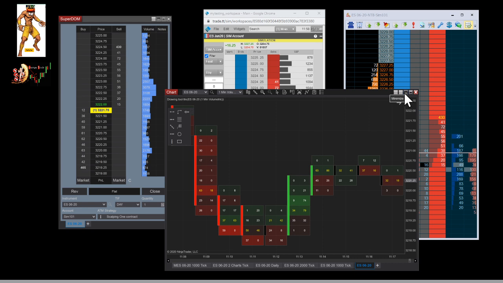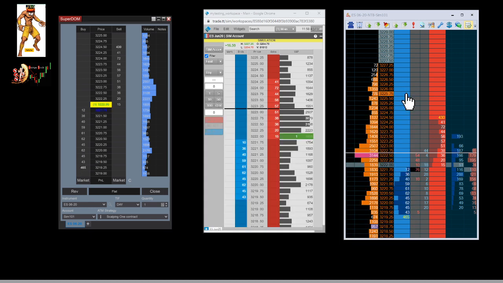how you can get started if you want to have access to the DOM data. You have three solutions, I repeat: either the Superdome of NinjaTrader, but you need to activate the static, not the dynamic. Number two, you can go on Trading Technologies. You have 30 days for free, and then after, I think it's $50 per month. And then you have Jigsaw, so the lifetime license is $600, and then after you can connect this to your NinjaTrader. Again, I don't encourage you to first put $600.